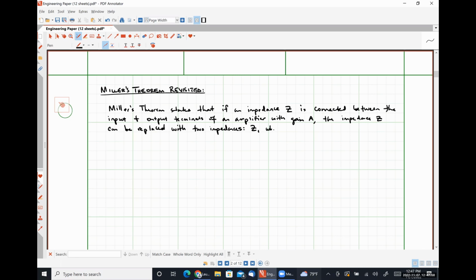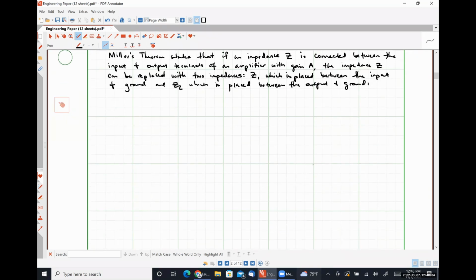Z1, which is placed between the input and ground, and Z2, which is placed between the output and ground. So graphically,